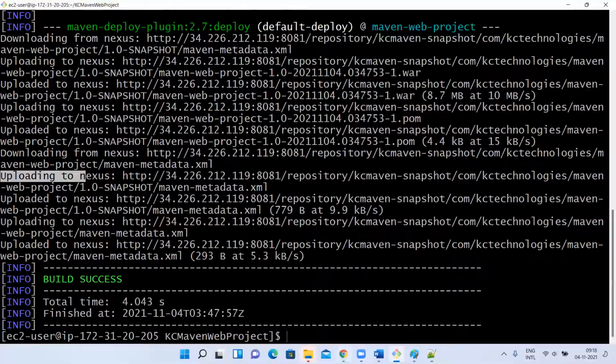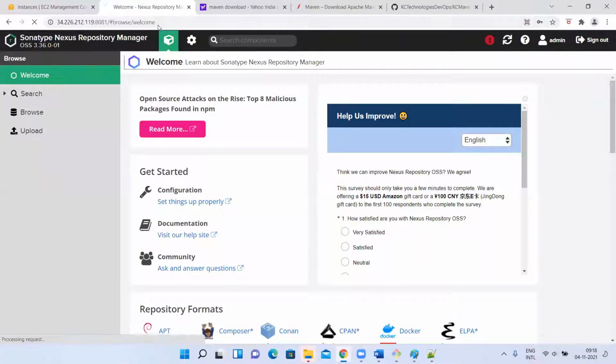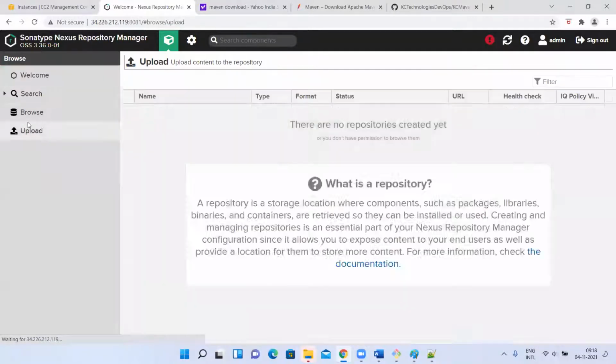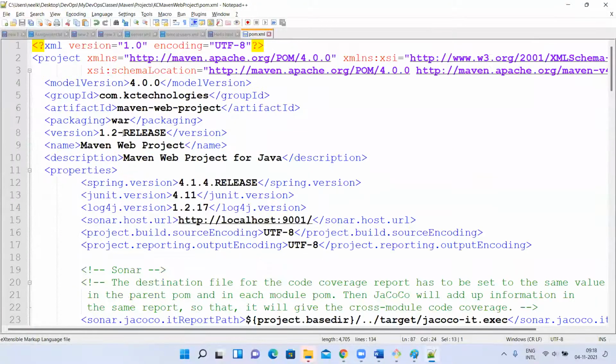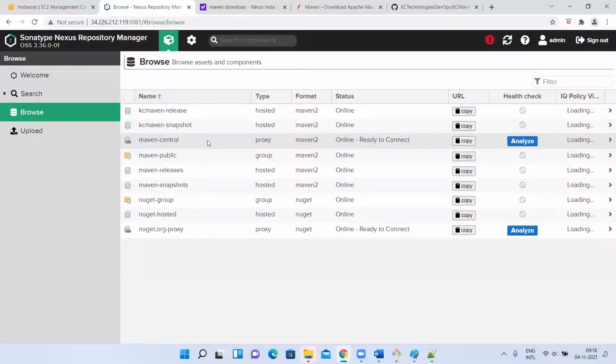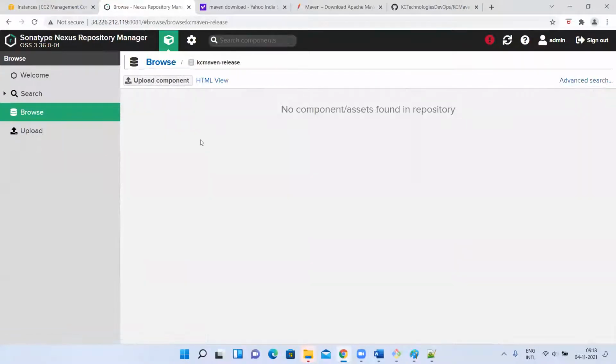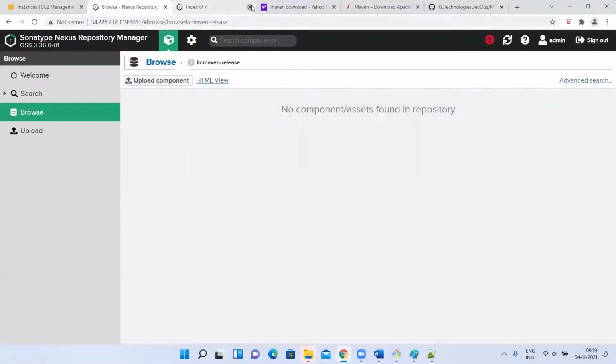Now, if I go to my Nexus repository, refresh it, browse, release, right? In the pom.xml, it was a release. Now if I go to the release repository, just a second, it should be there.